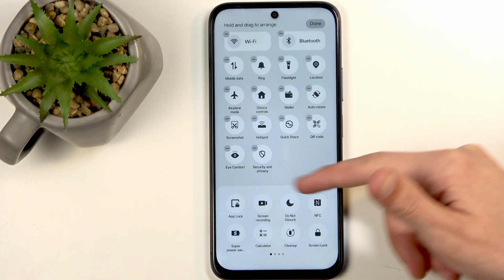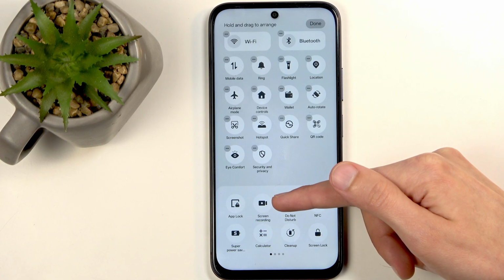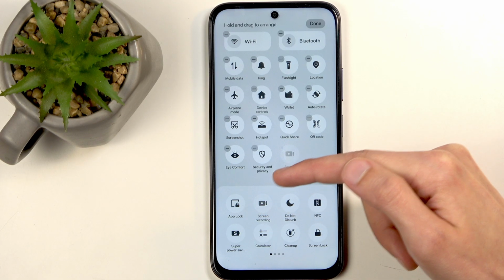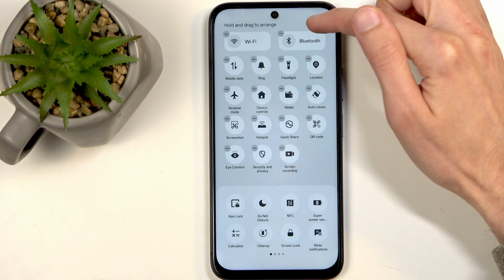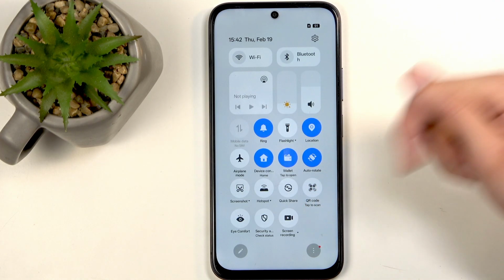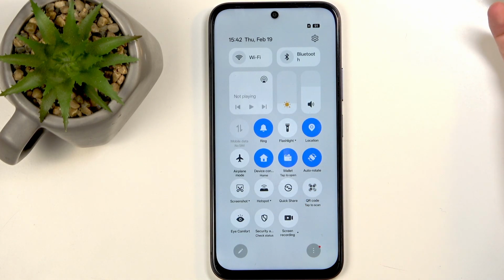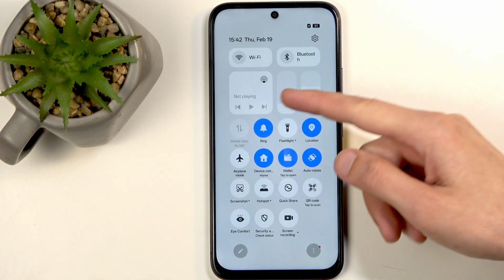And then in this area you should find it somewhere. Now you can see for me it is right over here. You can just tap on it, it gets added, and now click on done. And there it is. Now from here you can either tap on it to immediately get the little pop-up window for recording,